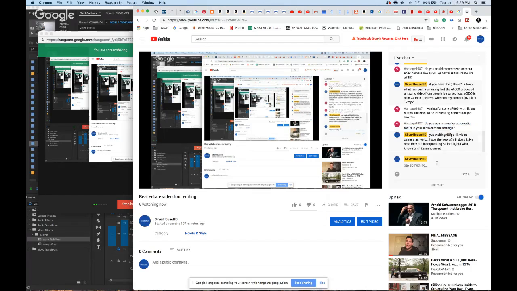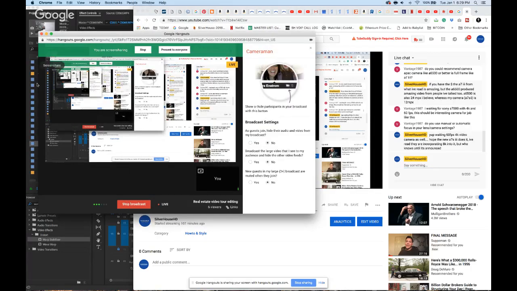Because I'm adapting from a Sony body through the Metabones to a Canon lens, maybe it's my setup alone, but my autofocus doesn't work, and I think it's the fault of the Metabones. So the question was, do I use manual or automatic focus? I'm manual focus all the time,